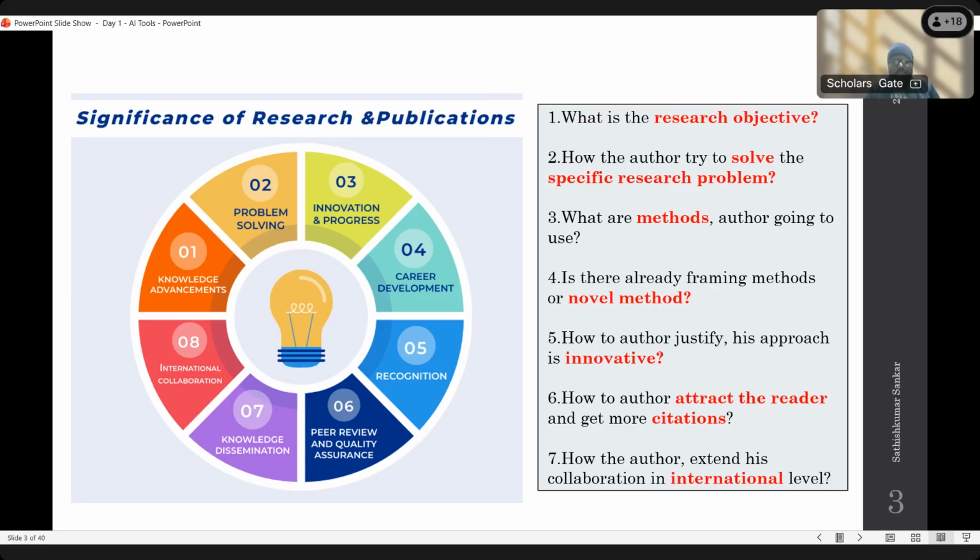So obviously it gives recognition and a lot of rewards also. If you get recognition, you also get incentives. Some institutions pay money for each published article, apart from the salary. So this type of recognition we can acquire from research and publication.